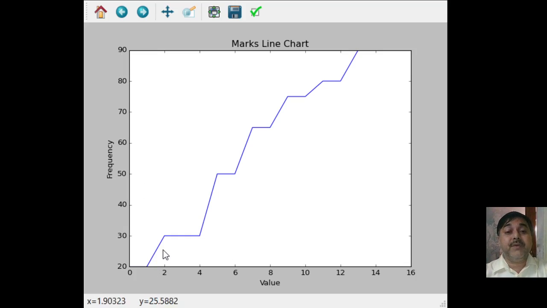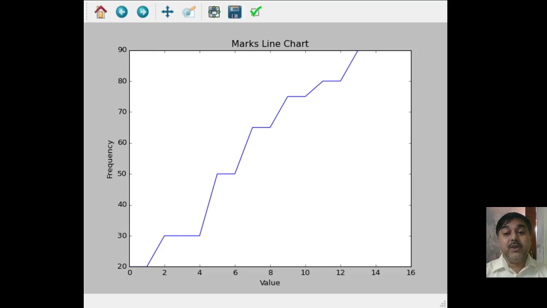So how many times each of the values has been given: one has been given up to 2 times, the 30, then from the 30 it has been ranged, so 20 has been given. This way you can see the particular structure has been formed. That means a frequency graph has been made. See here, the mark line chart is there, the name has been given to it, and this is the particular section where we find the frequency object has been used, and as we are using the frequency object, the values are also used there, isn't it? Those are the names that have been given to this particular graph to represent it.